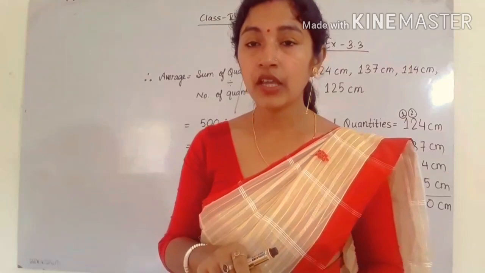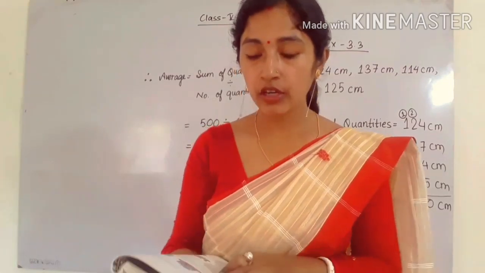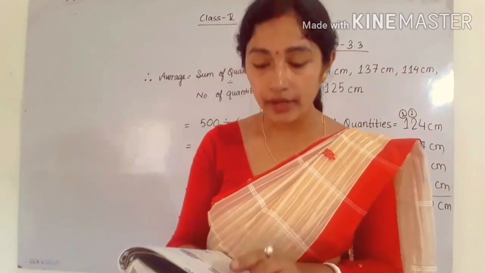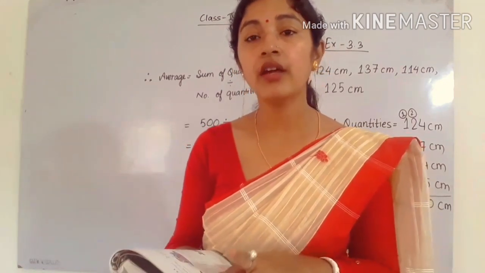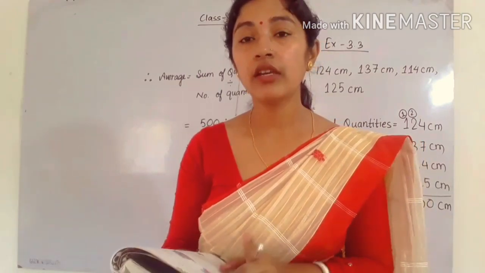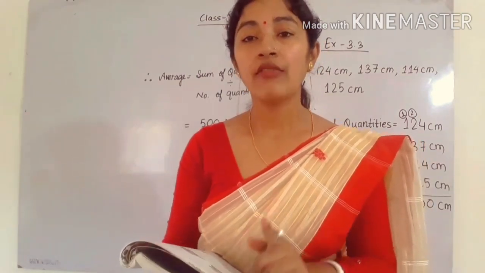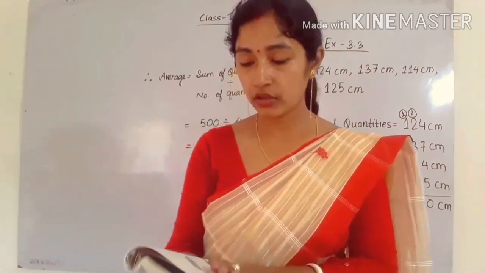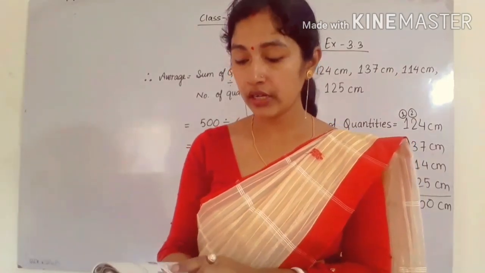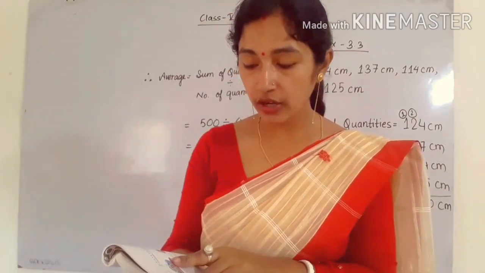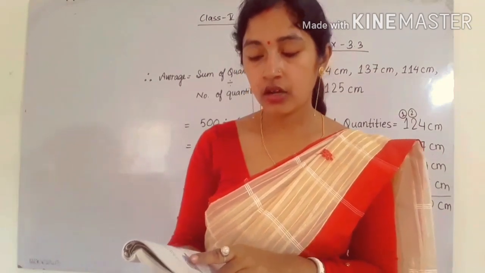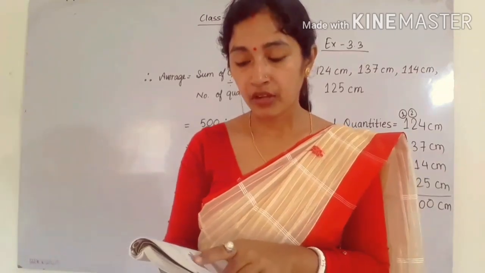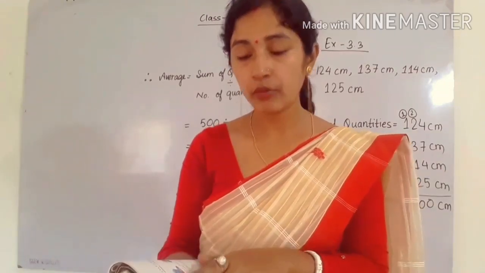And what is the sum? The sum is written above the aquarium. As you can see, it is 27. So sum is given, that is 27, and number of fishes is 3. That means you have to divide 27 by 3 to find the average number of fishes. So you will get 9. You can do it in your book like that. Similarly, in the second aquarium you have to check how many fishes are there. Sum is already given. You have to divide the sum by the number of fishes.